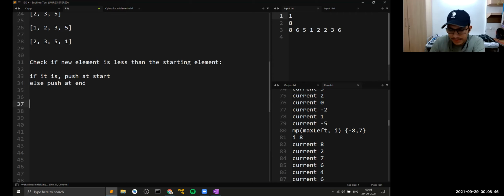Now, if you have to prove it officially, how would you do it? It is very simple. A proof is what? There are two things that you're doing, right? If the element that is to be inserted is less than the start, you're pushing it at the start. But let's say I do something else. Let's say I have something like 2, 3, 5, and instead of following this approach, I insert 1 at the end. Can you see that this 1 will never come before 2?